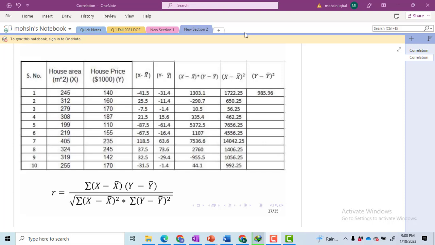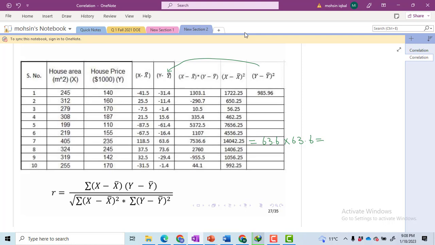Hi, this is the fifth part of the video for the correlation analysis. So far we have computed (y minus y bar) whole square for the first value. You can do the same for all of the values. Let's suppose I'm doing it for this seventh value. So y minus y bar has already been calculated in this column. Just look at this value, 63.6, multiplied by 63.6, and you will get (y minus y bar) whole square